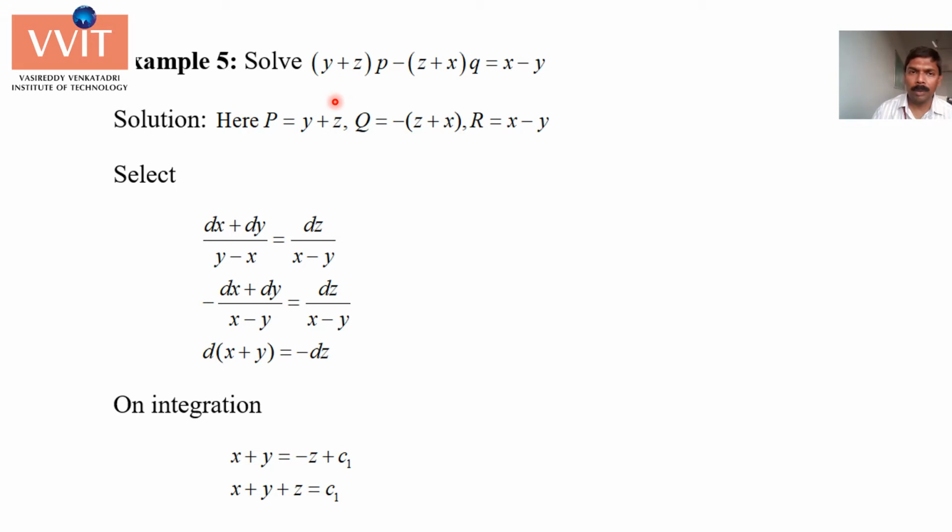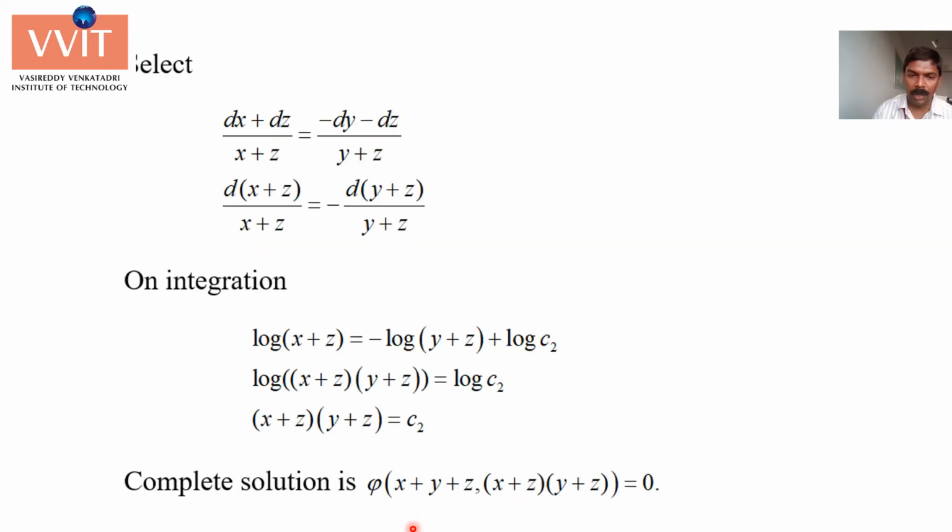This is also a different problem, writing PQR values. After that, I can group two members. Grouping means I have added. You can add two members, you can subtract two members, not only two, you can even go with three members. So I have combined the first two members and equated to the third member. What is important is that we can group the members in such a way that integration is possible. After grouping 1, 2 and equating to the third member, there is no difficulty of integration. That makes me group in this way. So this is the first part of the solution, x plus y plus z equal to C1.